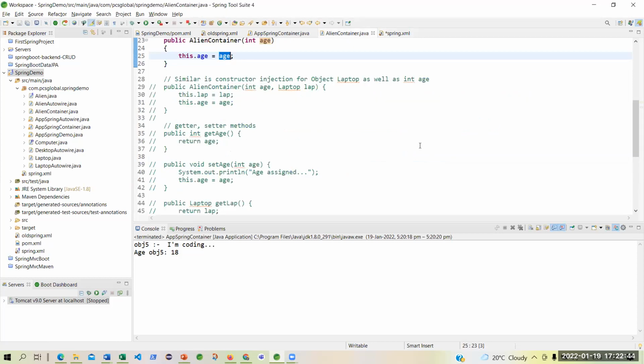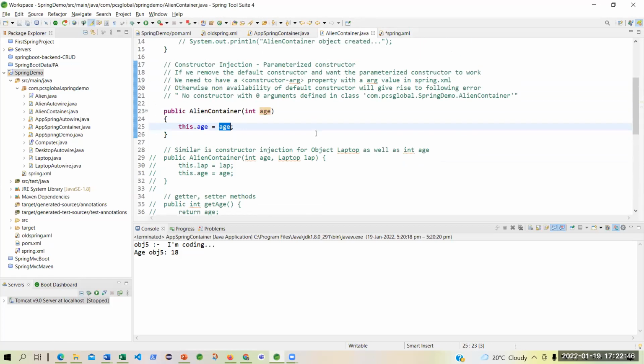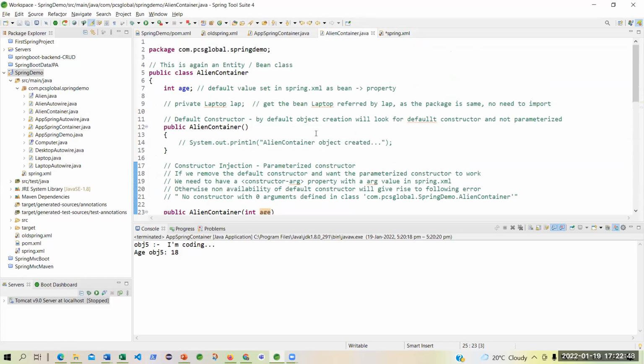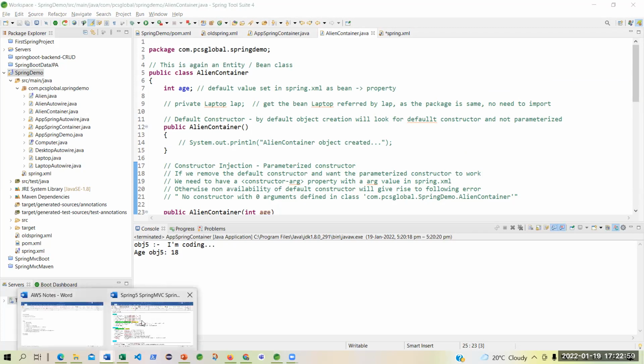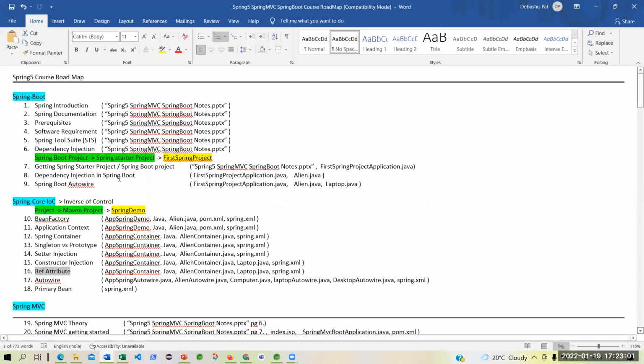I would like to have another object within, because slowly we are going towards AutoWire.